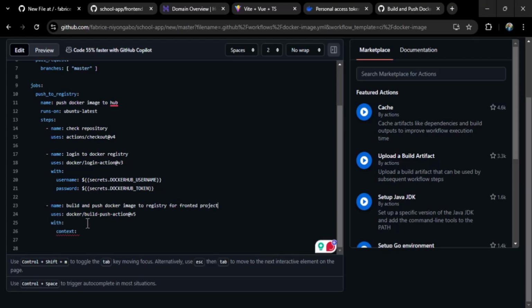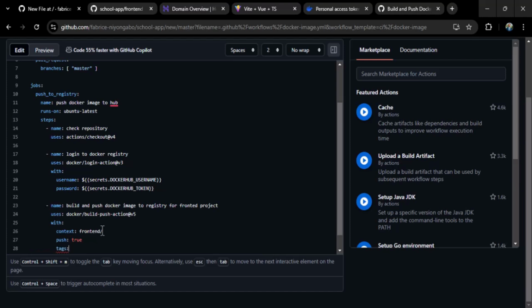And here the Dockerfile resides within the front-end directory like this. And let's say push true, and for tags, we just need to provide the tags. So the tags must be